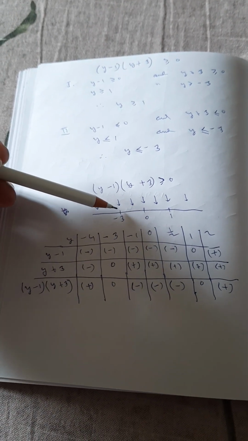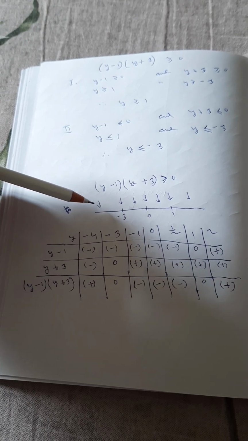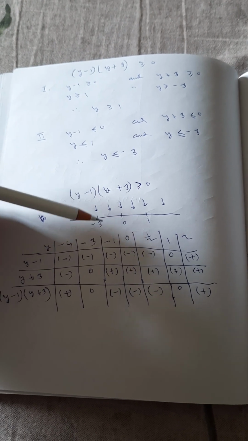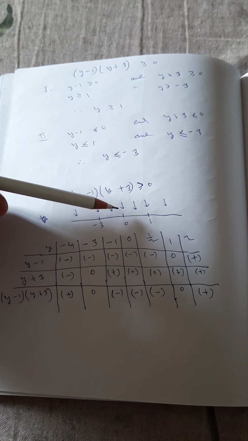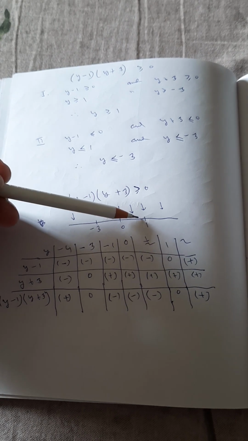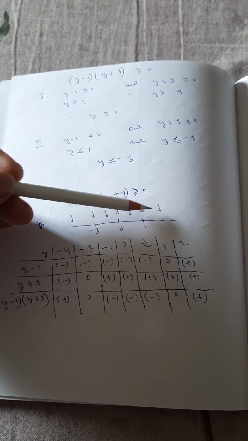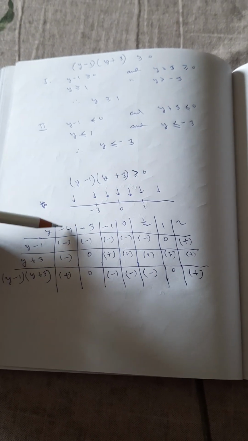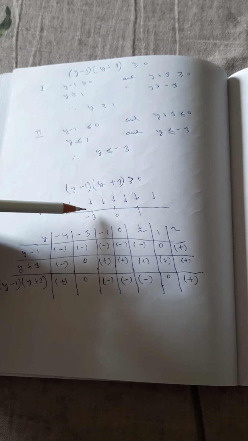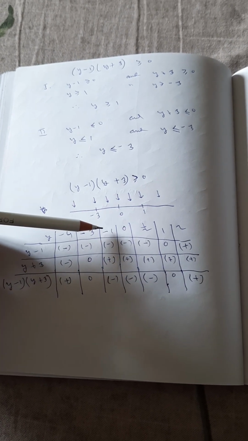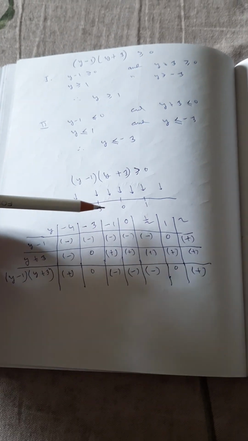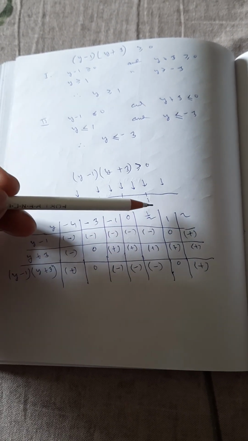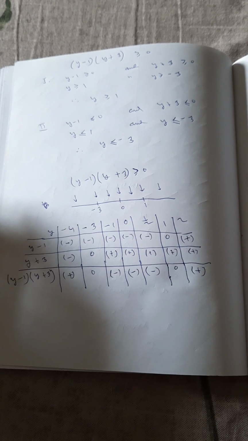So we'll take one value of y which will be less than minus 3, one value as minus 3, one value between minus 3 and 0, one value at 0, one value between 0 and 1, then we'll take 1 and then something greater than 1. So these are the values we have taken: y equal to minus 4, y equal to minus 3, between 0 and minus 3 we are taking minus 1, we can take any value, then 0, then between 0 and 1 we take y as half, then we take y as 1, and for y more than 1 we take 2.